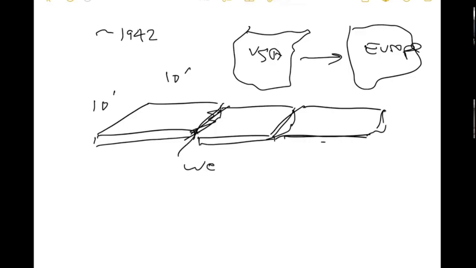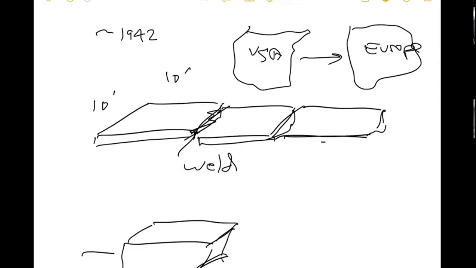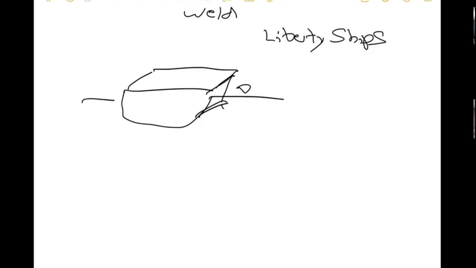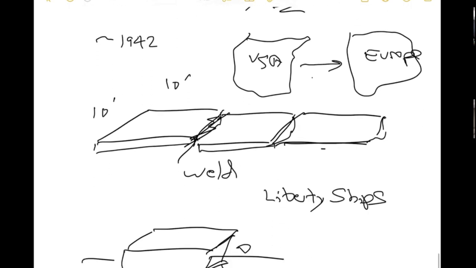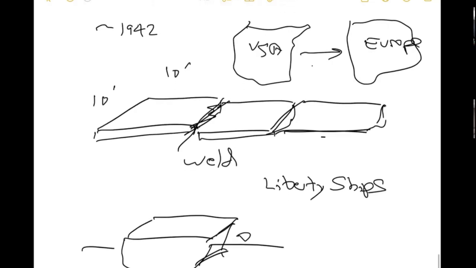And here, you do welding, a way of joining metal. So we can fabricate these ships very quickly. Think of it like a barge, a big giant thing like this that floats on the water. They called them Liberty ships. Great. Everybody was happy. These things worked. They could build them very fast. They started putting tons of materials over to Europe, and eventually the Allied forces won the war and defeated Nazi Germany and Japan.